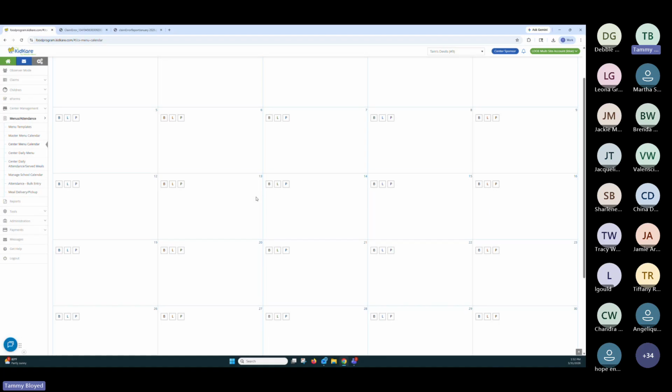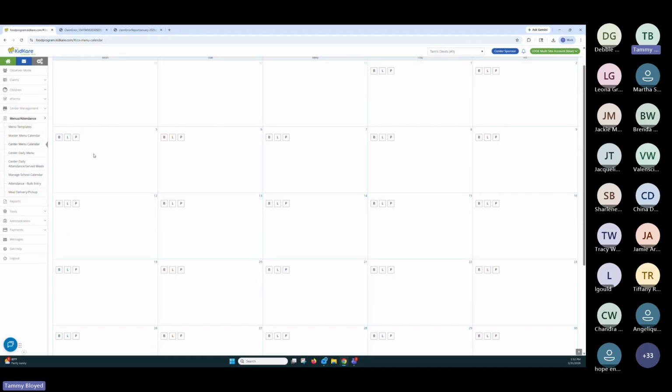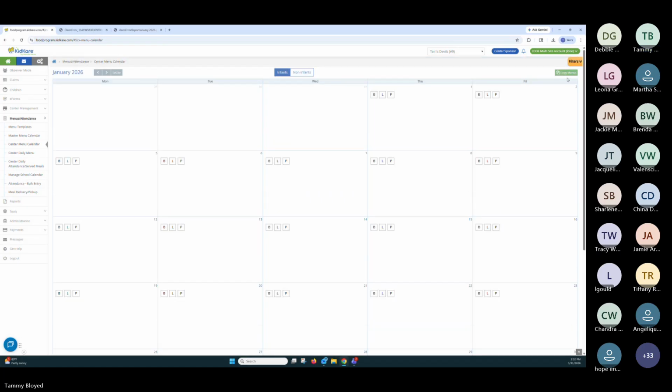So I am on a 5-week cycle because I always have that extra weekend just to catch the end of the month or the beginning. So my 4-week cycle starts on this day, the first time around. This is my week 1 Monday. And I want to copy 4 weeks forward. So we got January 5th. You're going to hit your copy menus button.